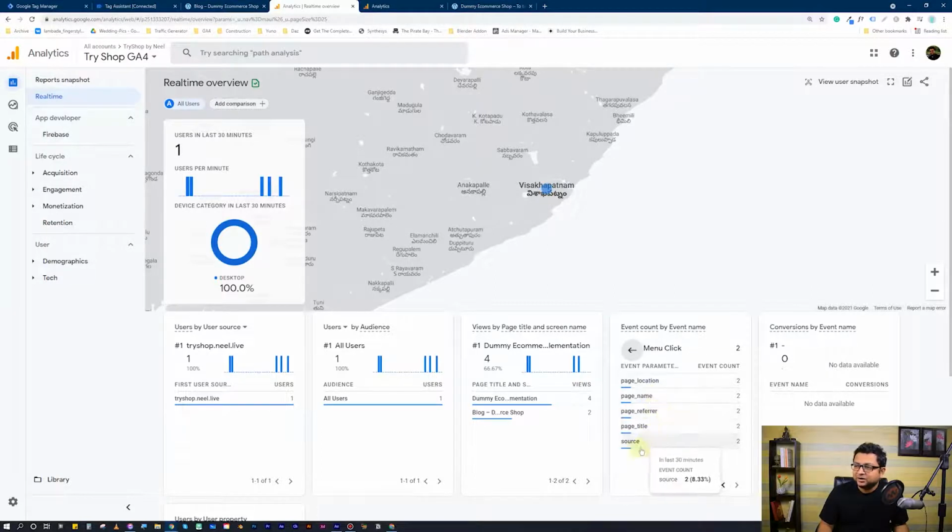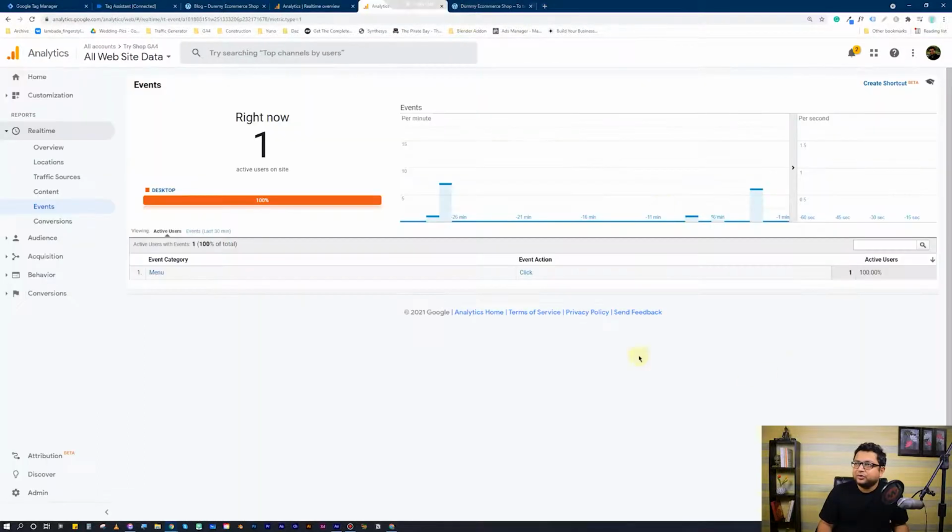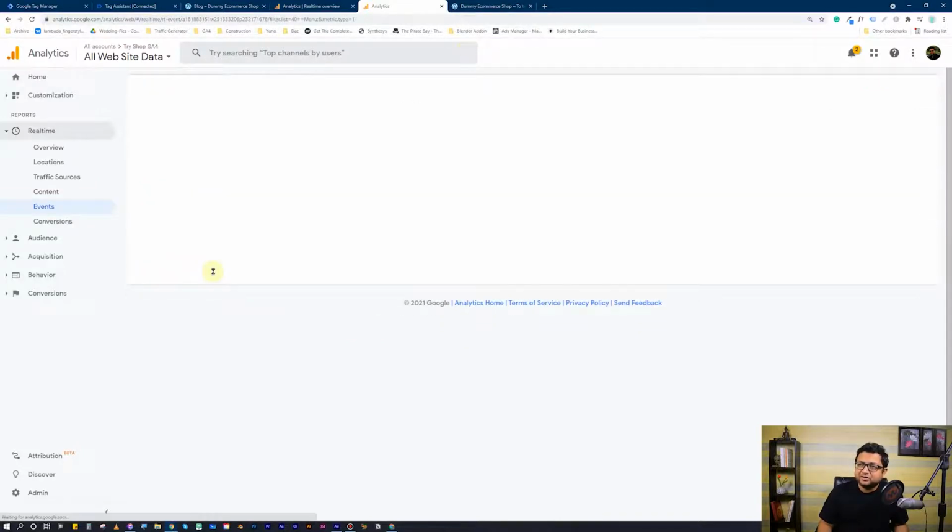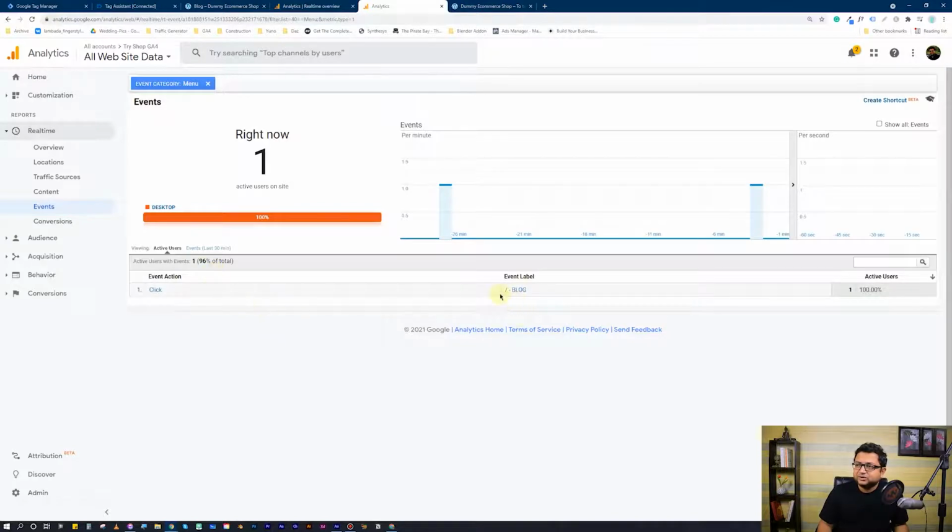For example, we also passed in the page name, right? So that's there. And if I go to analytics and events, you see that the menu click event is getting fired. And if I click on category, I also see that the slash blog is getting fired. So the setup is working, but with the events in GA4, it's much more flexible compared to UA.